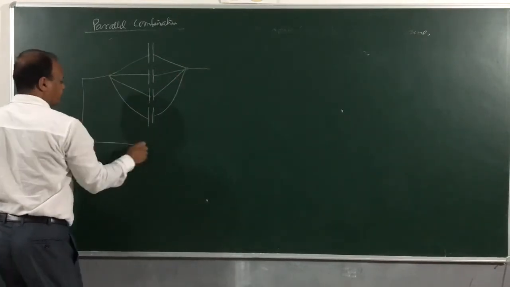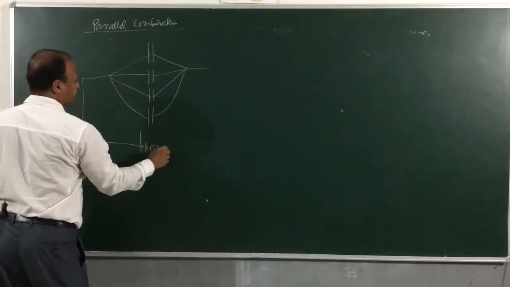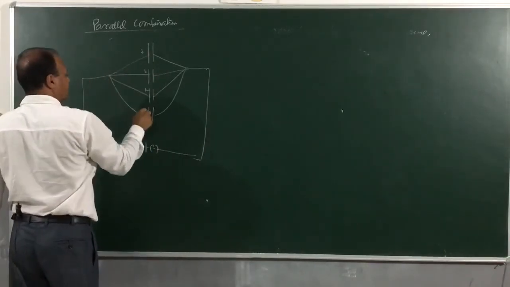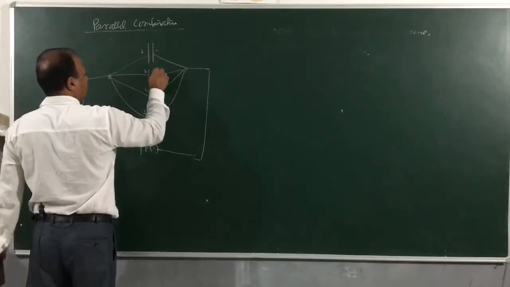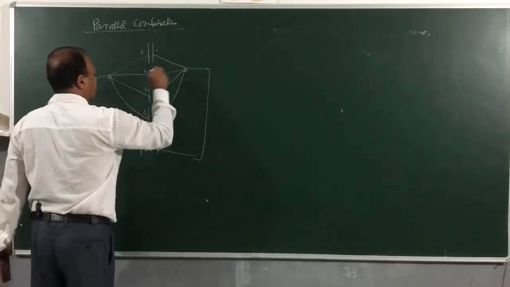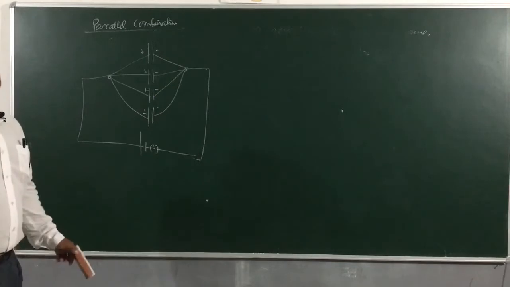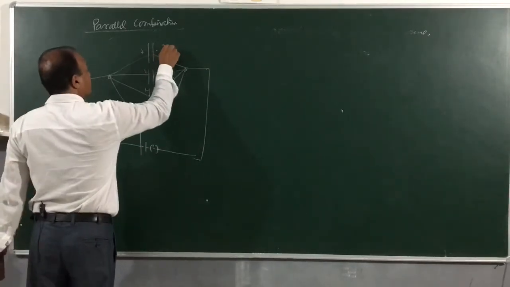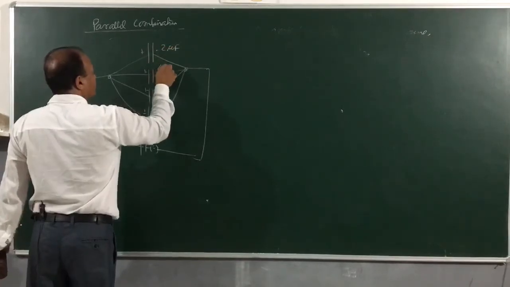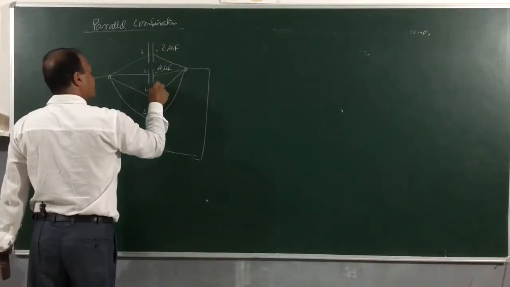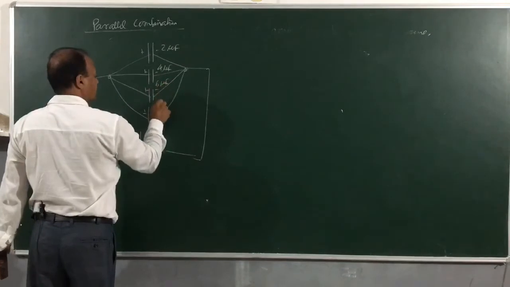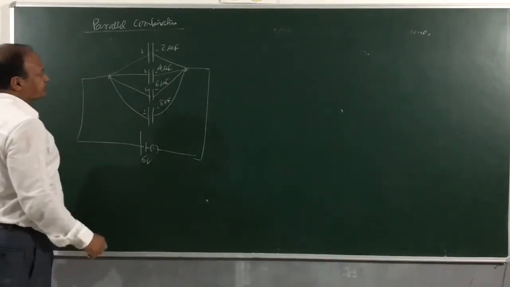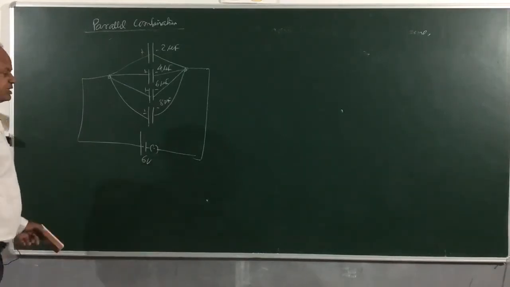Suppose 4 capacitors I am connecting here, for example. You can see all these are positive connected at one point, all are negative connected at another point. Obviously this combination is parallel combination. Now capacitances are 2 microfarad, 4 microfarad, 6 microfarad and 8 microfarad, and this is 6 volts battery, right? So this is network of capacitors, and you have to answer number 1,